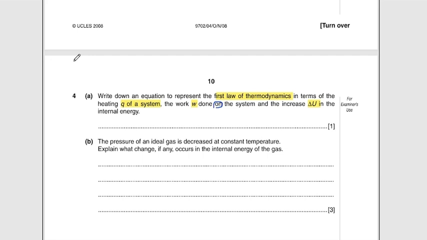So there are two things: either the work is done by the system. If the work is done by the system, that becomes negative. But if the work is done on the system, then you have to make sure that you write positive. Positive is for on system. The same goes for Q as well. If the thermal energy is being supplied to the system, that's positive. And if it is negative, that means it is